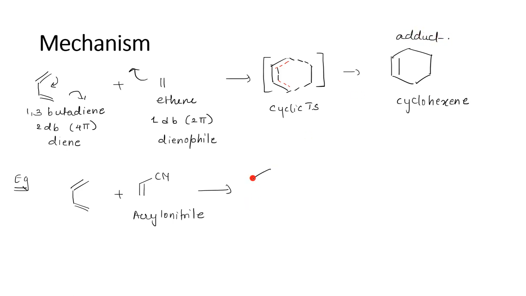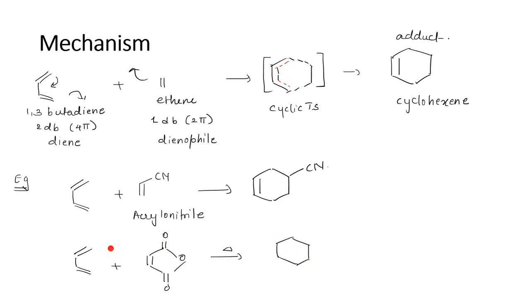So just try to write the answer. This cyclohexane derivative is called an adduct. Let's take some more examples. Suppose you are having this type of system. These are some simple examples of the Diels-Alder reaction. So where is your bond formation going to take place? The bond formation is going to take place over here and the double bond is going to shift over here. So this is where your bond formation takes place. I hope you have understood this.